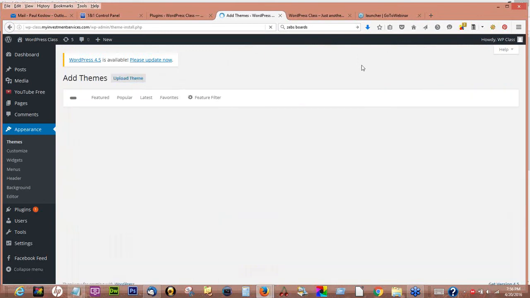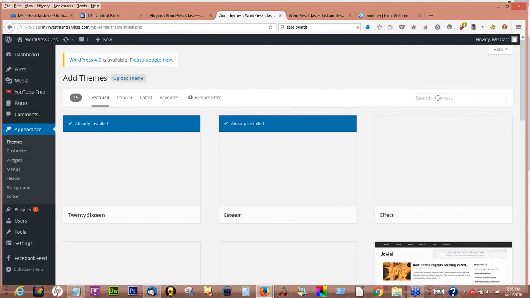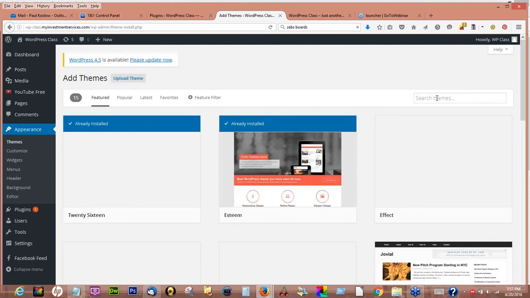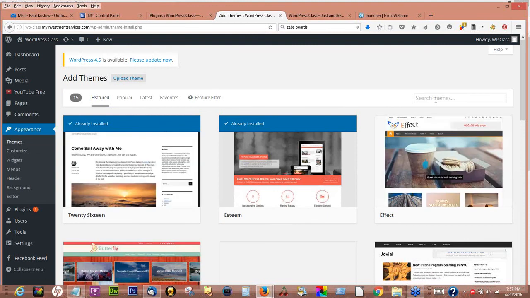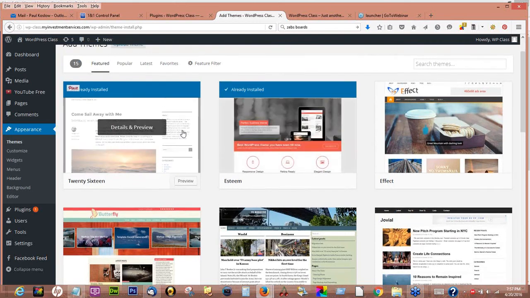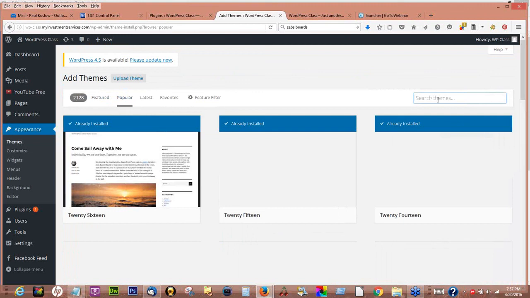And again, this is just like your plugins. Depending on what you want for a plugin, you search on that. Depending on what you want for a theme, you can search on that to a certain degree. These are the featured themes, and this one is already installed. I can go over to Popular, or I can search on, you know, I'll just go down, I'll just look for something that is